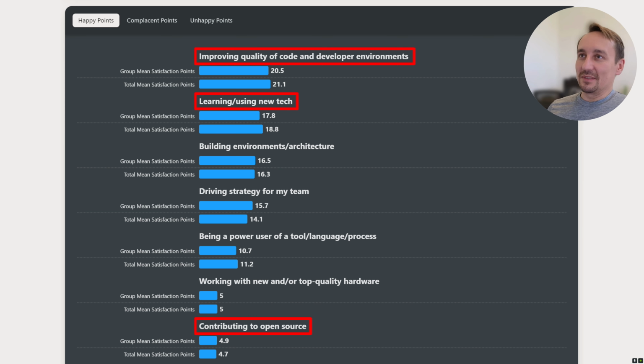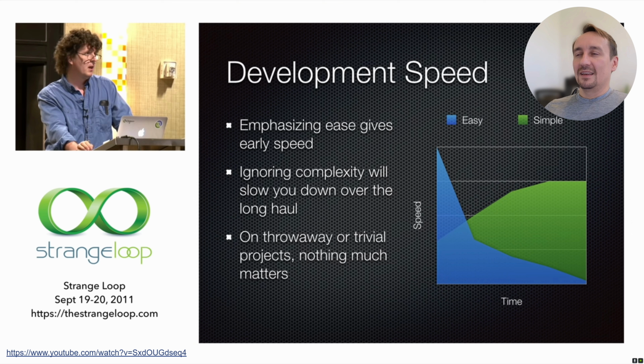What else do developers care about? They want to improve the quality of code. They want to learn new tech, and I'll skip a bunch of items, and they want to contribute to open source. And think about what checkboxes Fusion crosses in this case. And